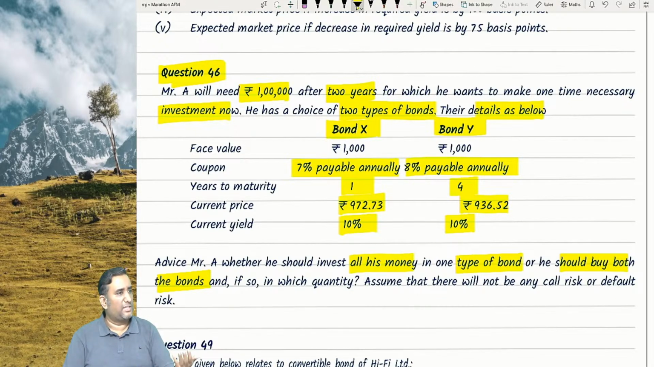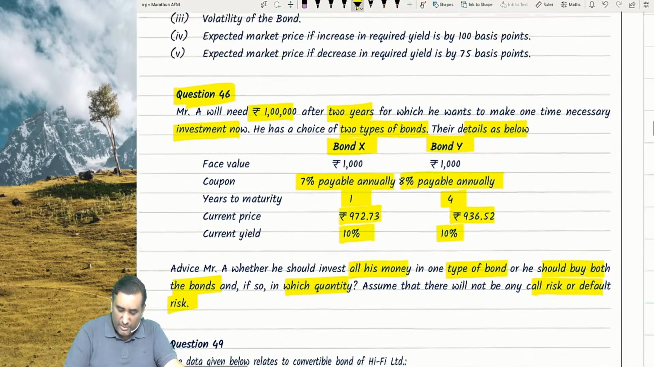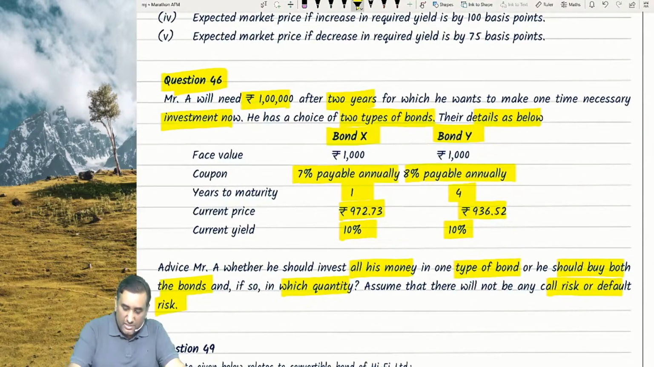If by chance one comes 100%, automatically 100%. If so, in which quantity? That we come to know, don't worry. Assume that there will be no callable or default risk. Default is not there. Now what has to be done is, this is called a duration of a liability actually,